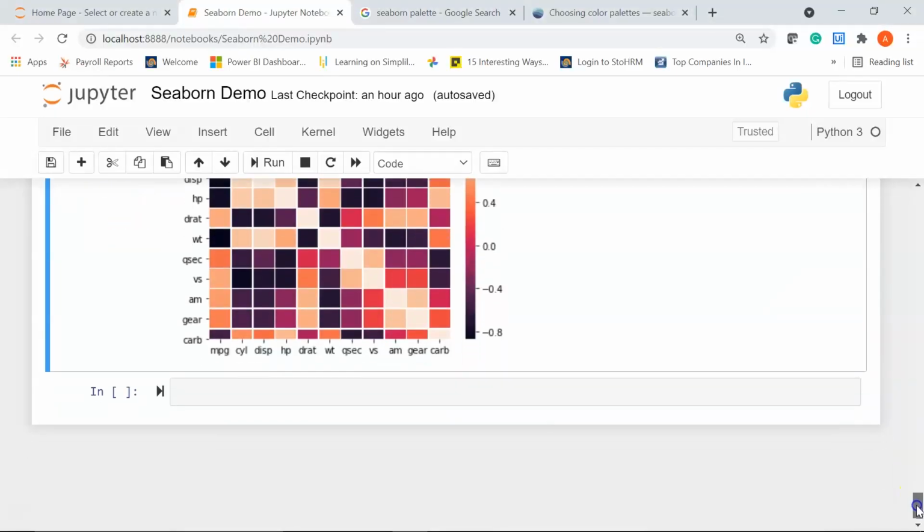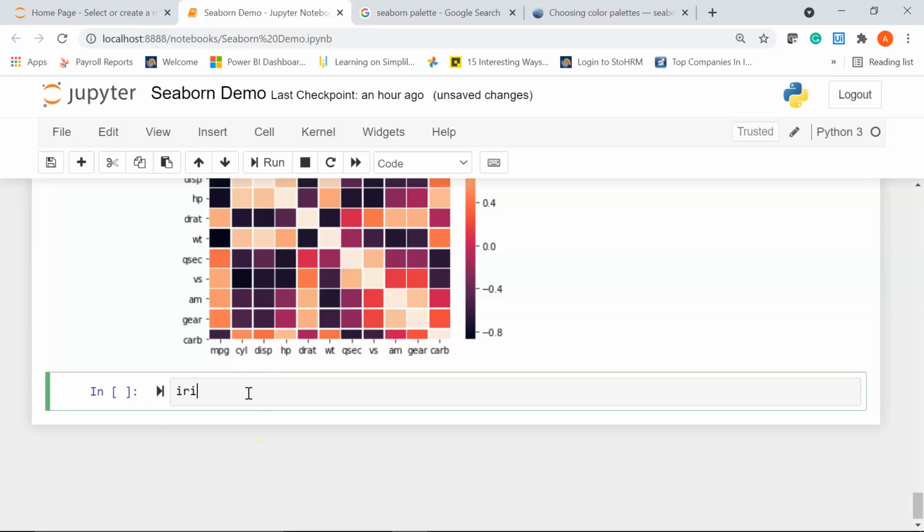Okay, now let's move ahead. The Seaborn scatterplot function helps you create plots that can draw relationships between two continuous variables. So to understand scatter plots and other plotting functions, henceforth we are going to use the Iris flower dataset. So let's go ahead and load the Iris flower dataset. I'll say iris equal to sns.load_dataset.